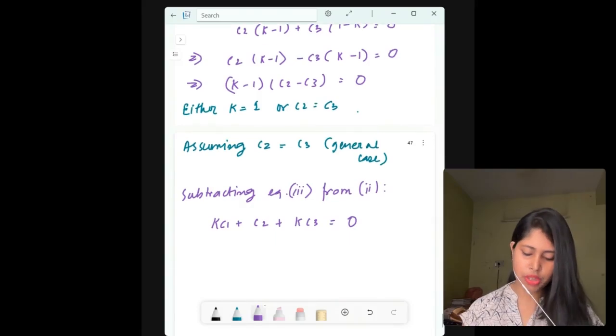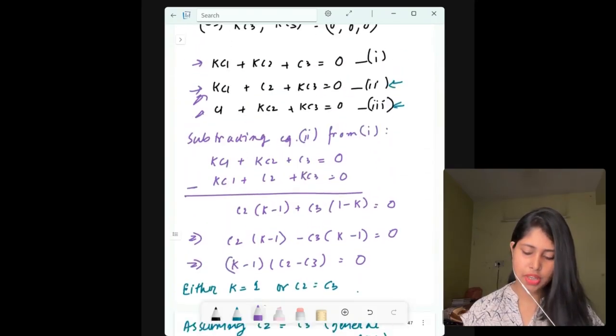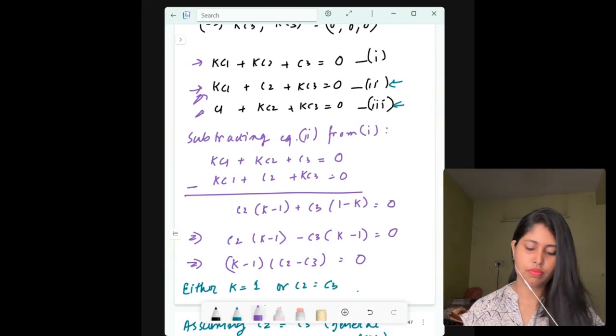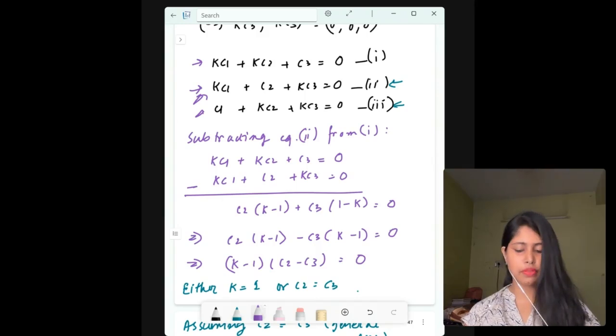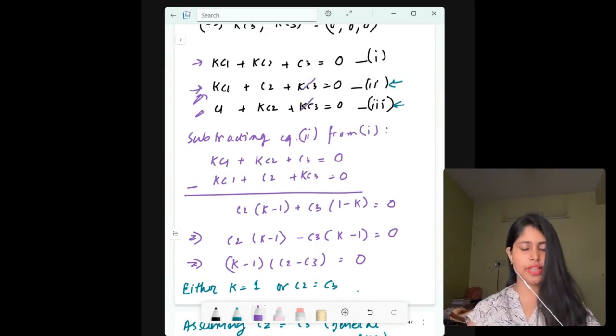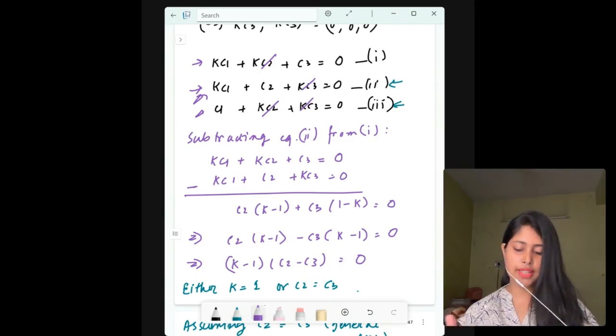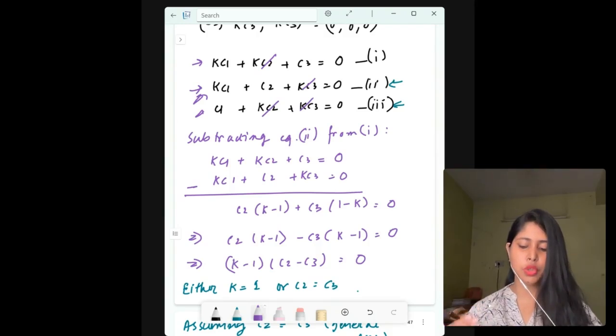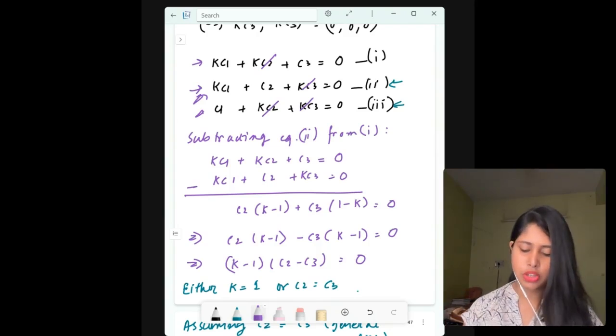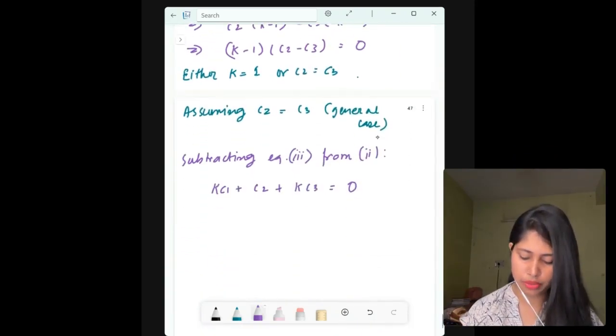Or we can do one thing, we can just subtract equation number 3 from equation number 1. Then we can do this problem in several ways. In this way also we can find it, and we can see that kc3 and kc3 get cancelled. And if we subtract equation number 3 from equation number 1, then we can see that kc2 and kc2 will get cancelled. As I am solving this further, we can see that if we subtract equation 3 from equation 1, we will be at an advantage. So let me do it from equation number 1. What is our equation number 1?